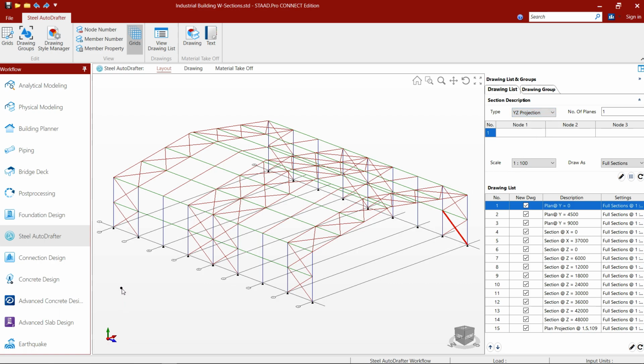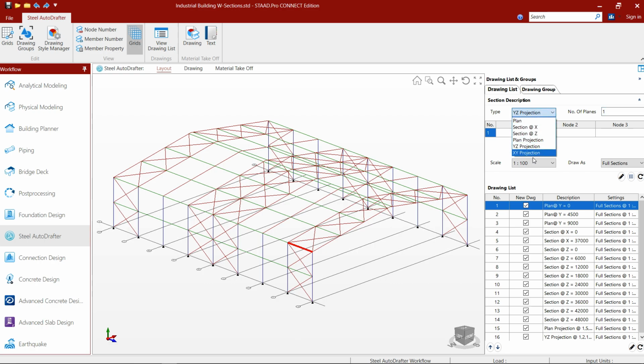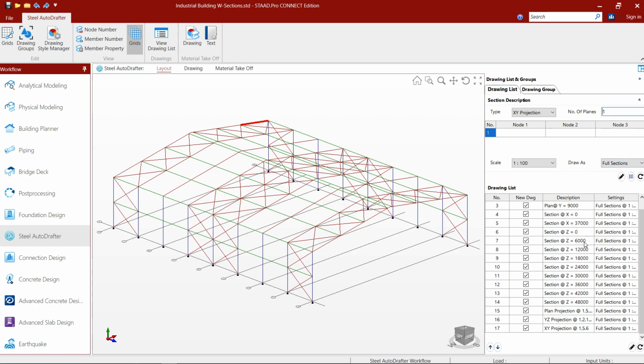So these are the 3. Let's add. Then XY projection in this direction. So let us add 1, 2 and these 3 points. Add. So all these drawings have been added.